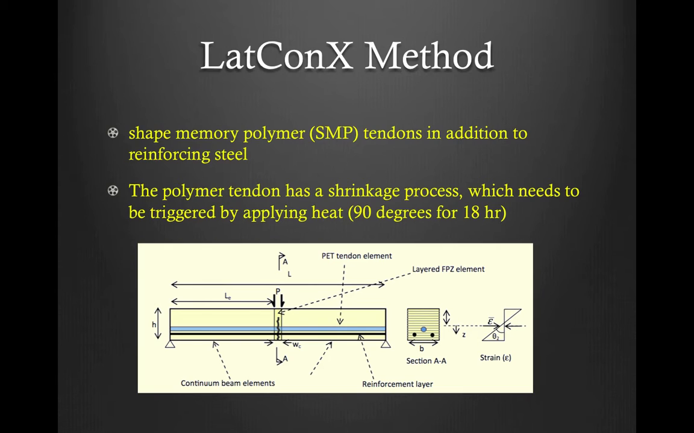In addition to reinforcing steel, as shown in Figure 1, once load is applied, the tendon will apply compressive forces to the concrete, similar to the case of pre-stressed reinforced concrete. The compressive force from the polymer will be applied to crack faces so that the cracks will close. The polymer tendon has a shrinkage process which needs to be triggered by applying heat. The sample was heated to 90 degrees Celsius for 18 hours in order to activate the shrinkage process of the